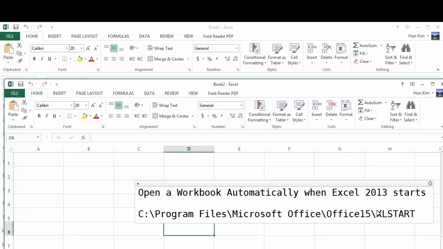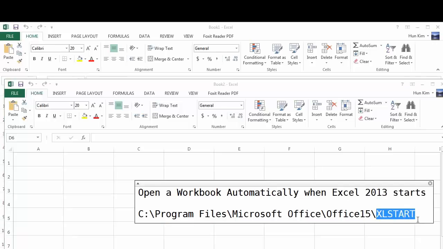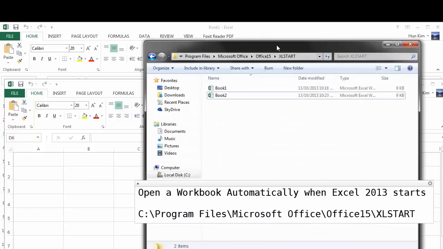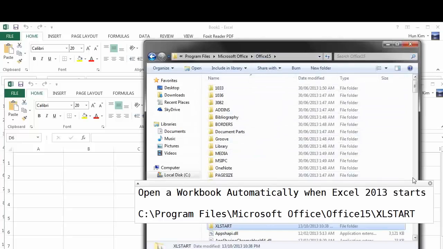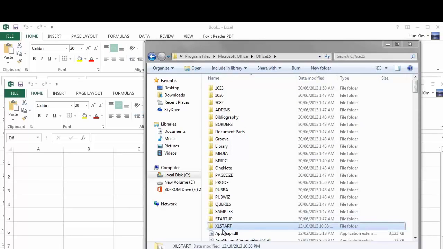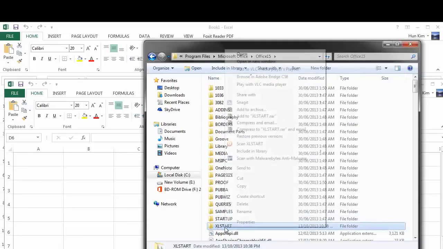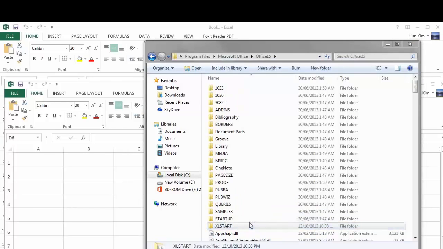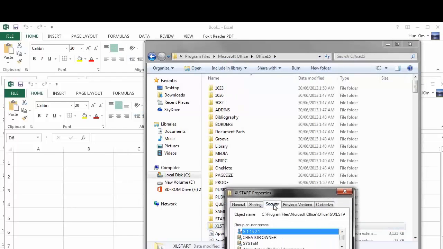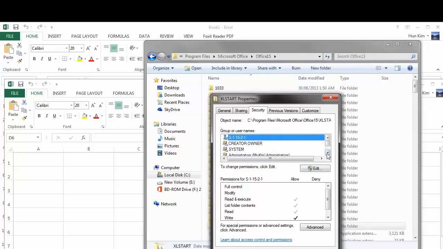Now for security reasons, you probably should leave this folder alone, but if you really want to be able to save directly, File, Save As, right into this folder, let me show you the trick. So here's my Office 15 folder, and here is my XLStart folder. I'm going to right click, go to Properties, and go to Security, and look for Users. Right now the full control and modify is not allowed, so we go to Edit,